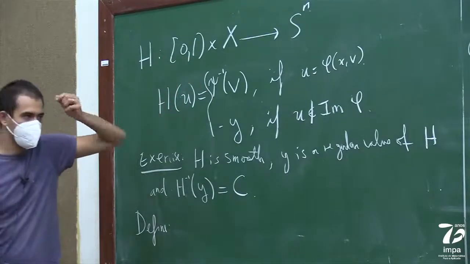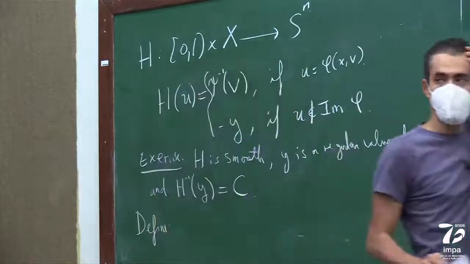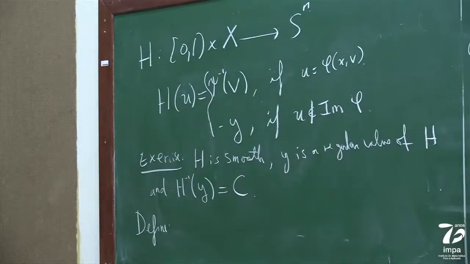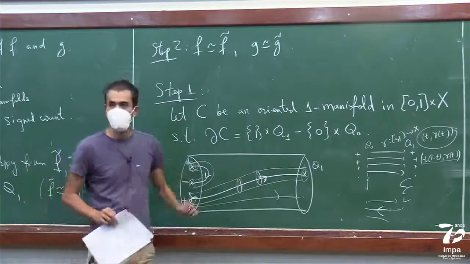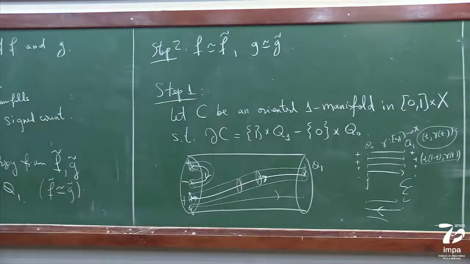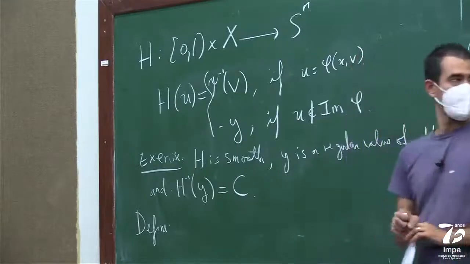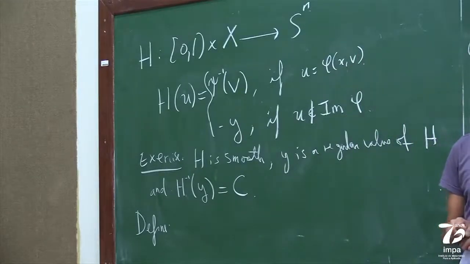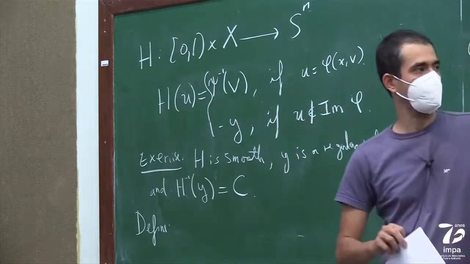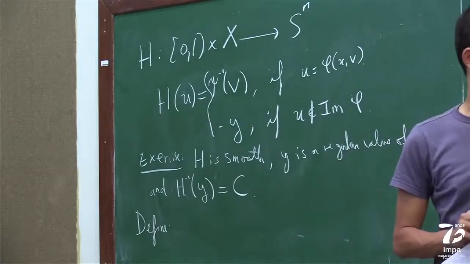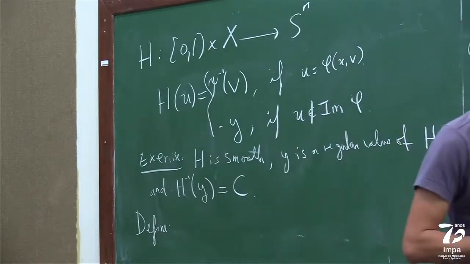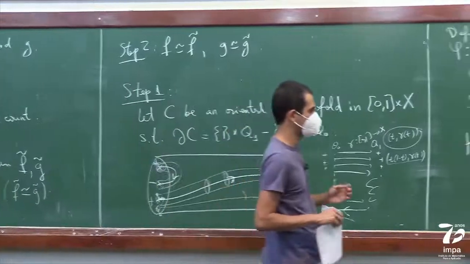Okay, so that's maybe a slight detail, but it's not so hard. Anyway, you can do the exercise. Showing that y is a regular value is very easy because the stereographic projection is a diffeomorphism,